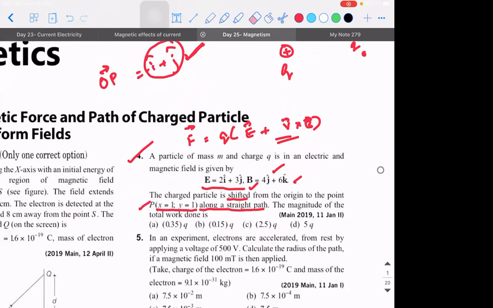Okay. So next, if we see this straight line path, we can take v vector cross b vector to be 0. If you take it like this, how are you going to solve the problem? If v vector cross b vector is 0, then, sir, I think that when they say shifted, they mean the velocity is not there. That is what I also thought, sir. That is what I'm saying. They could say shifted slowly, or otherwise, see, I can ask any question, correct?